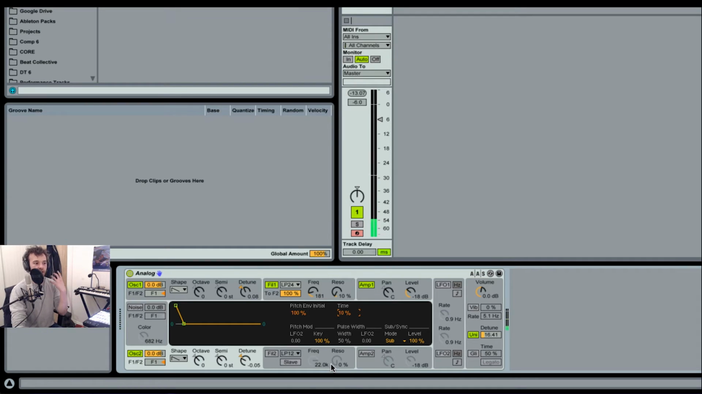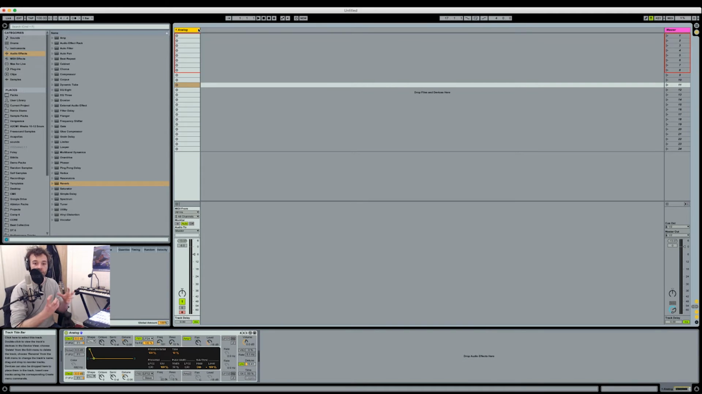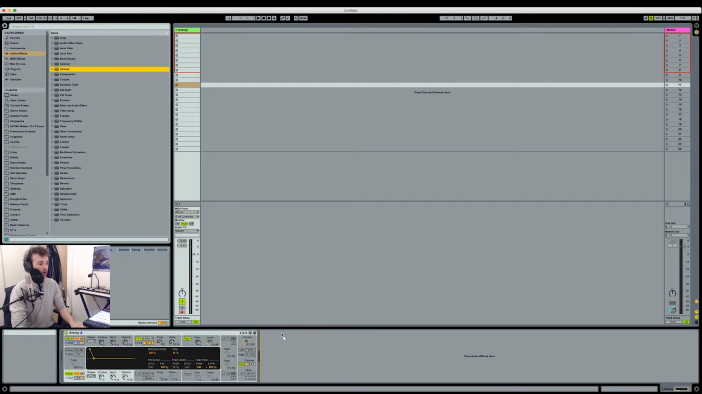Gives it this really big attack and just makes the sound really, really present as soon as it comes in. Next thing I'm going to do, because I want this bass sound to sound a little bit spread, is add a chorus onto it, because Analog in itself doesn't have a spread knob or feature like Operator does. So the way I'm going to do this, I'm just going to grab a chorus,